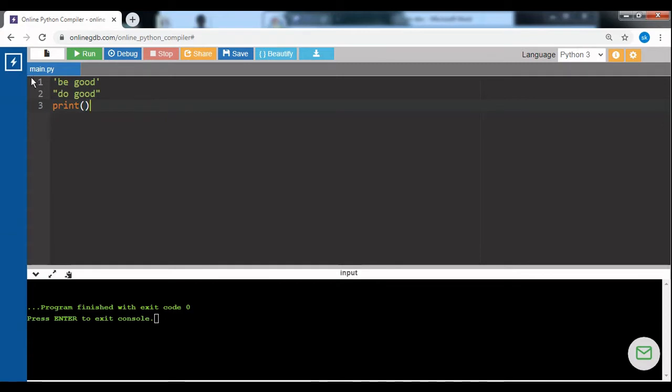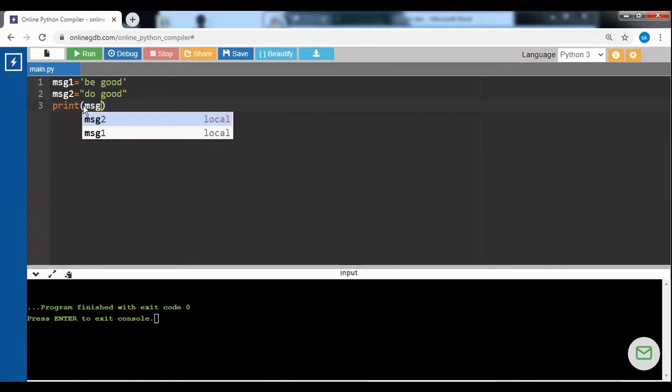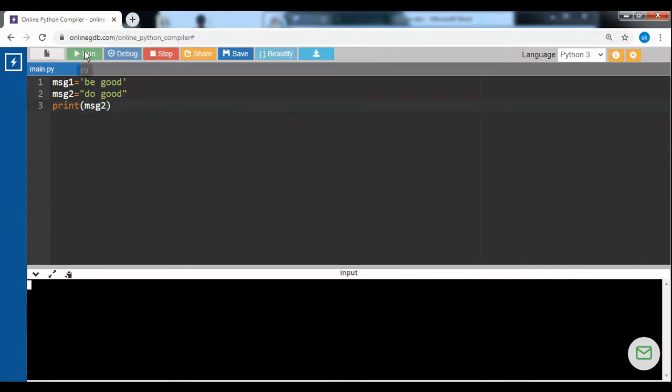Okay. So if I want to assign this to a variable, this is my string literal using single quotes and double quotes. If I want to assign this to a variable, how is a value assigned to a variable? Using the assignment operator, right? Equal to symbol. So I can have the variable message1 equal to 'be good', and I can assign this string literal "do good" to message2 equal to "do good", right? How can that be printed? Using the print statement. So print, within that I can specify the variable that I want to display. So this is how it works, right?